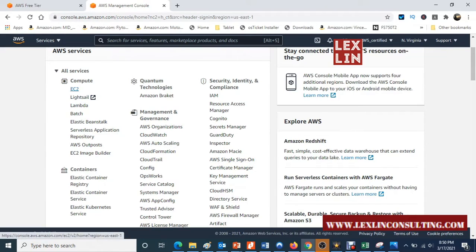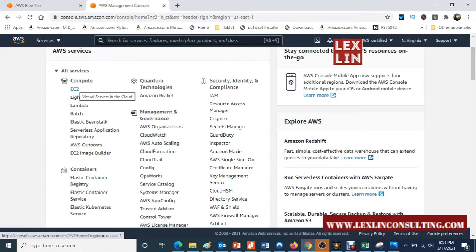Compute: EC2 we spoke about, Lambda we spoke about, Elastic Beanstalk we spoke about, and then of course there's the identity. The more time you spend in this interface, the more familiar you become with everything that's in here. In this instance, IAM is your identity access management, and that's in there to be managed.